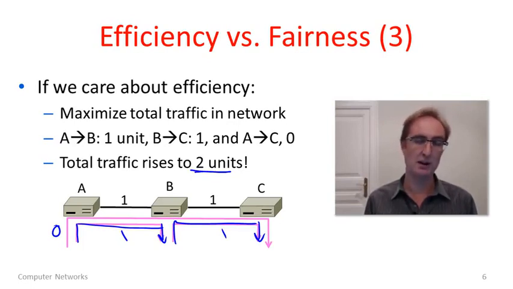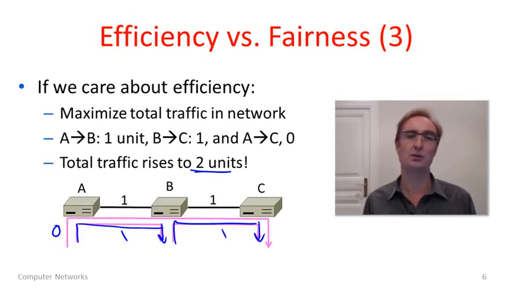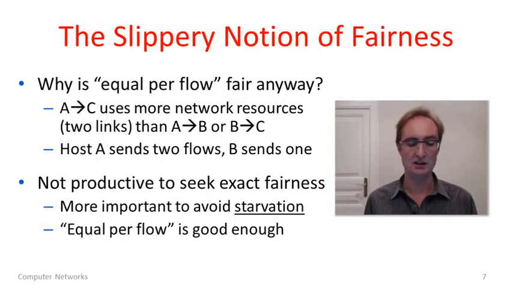Really, we've done so by penalizing AC. That unfortunate flow happened to go through 2 links, so it was kind of competing a little more for network bandwidth than the other flows. And so if we just set it to 0 and give the bandwidth to the other flows, we can send more traffic through the network. So you can see that fairness and efficiency can leave us at different points. And nonetheless, we're going to want a little bit of each of them and not go to the extreme of caring about efficiency and not caring about fairness.